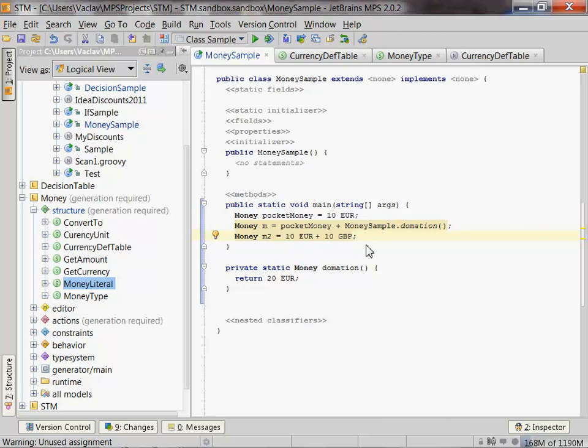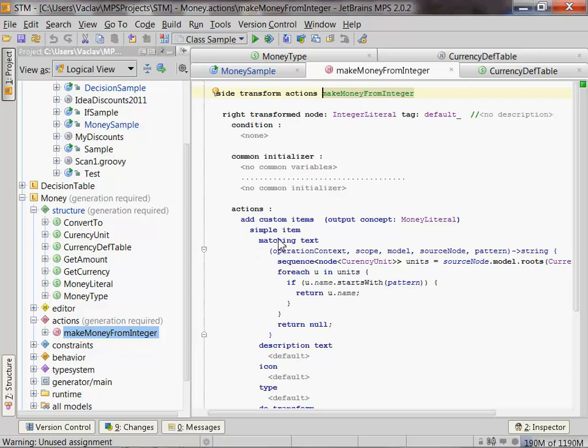So this is what you get. If you want to have a smoother experience with the editor, you have to define actions. Here we go. So actions are basically customized editor behavior. And this is a so-called side transform action, which, let me say it in plain English and point to the places, right? So there is a side transform action that, if on the right side of an integer